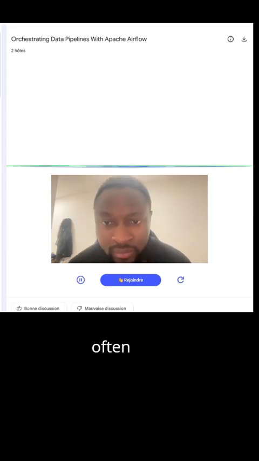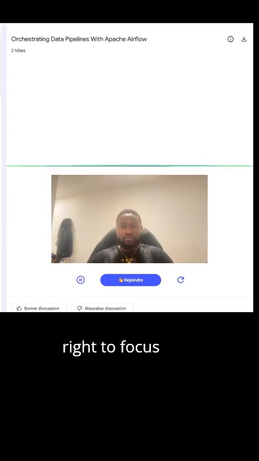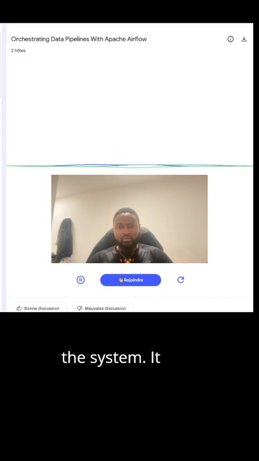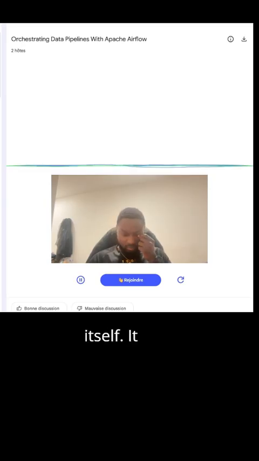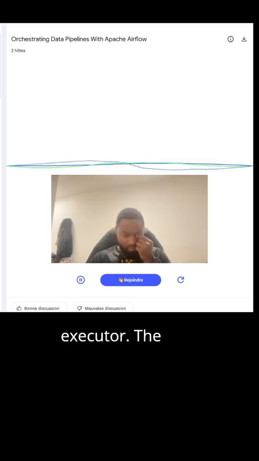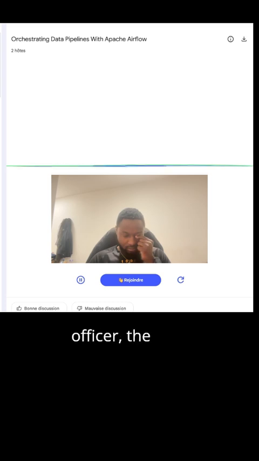That is a critical question for your exam, Tom. Okay, let's unpack this right now because those three are often confused. You are absolutely right to focus on the underlying services. Think back to your CEO analogy for a moment. The scheduler is the actual CEO. It's the persistent service, the constant heartbeat of the system. It monitors the metadata database every few seconds. It checks if a DAG is due to run and if all its dependencies are met. If a task is ready to run, the scheduler doesn't run it itself. It hands the instructions over to the executor.